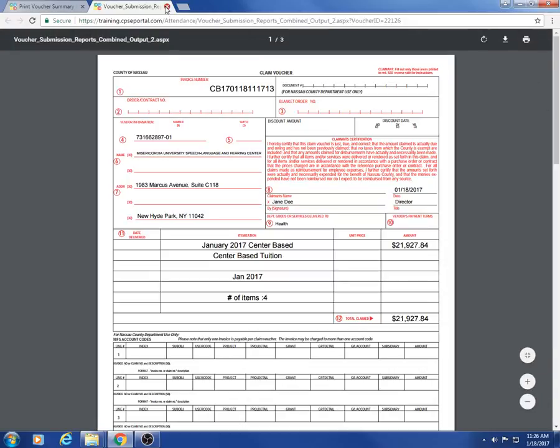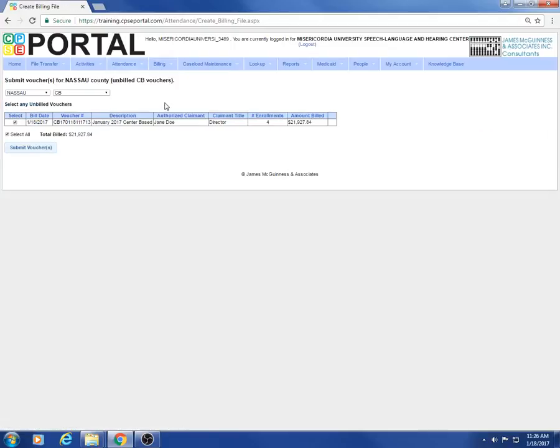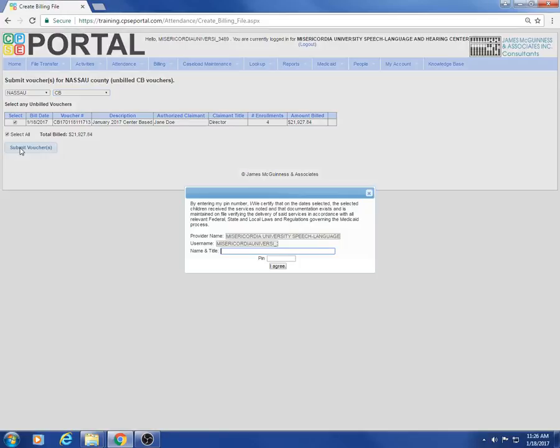Once you've verified that the information is correct, you'll then want to go to Billing, click on Submit Voucher, and you'll see that the unbilled voucher is here. If you were to leave and come back, you can always sort according to county and service type if you should have more than one unbilled voucher in the list. Make sure that you have selected the voucher, and then once you click on Submit Voucher,